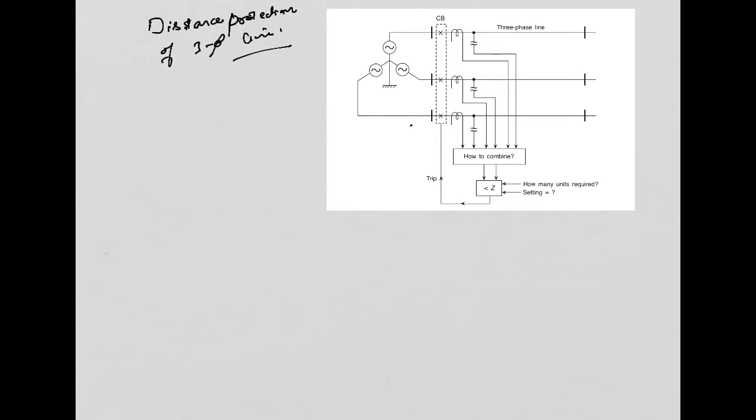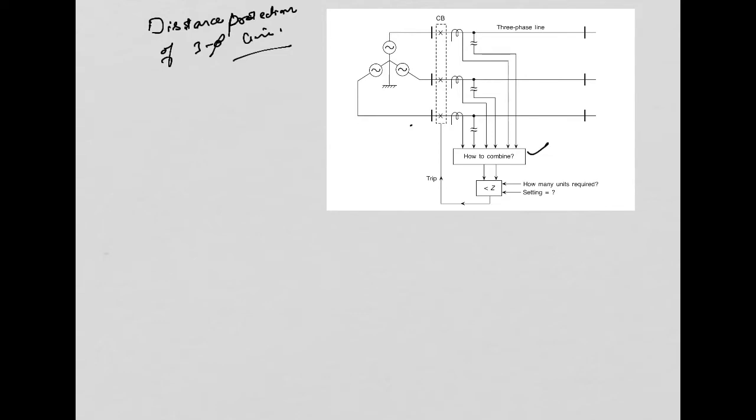So the question arises of how we combine all these factors so that we can reach a certain conclusion, that is, how we can get the protection scheme for that. Now, if you see the diagram, you will see that we have to provide